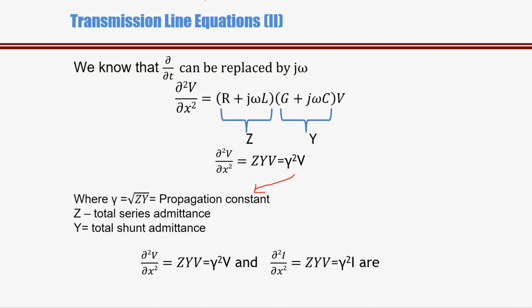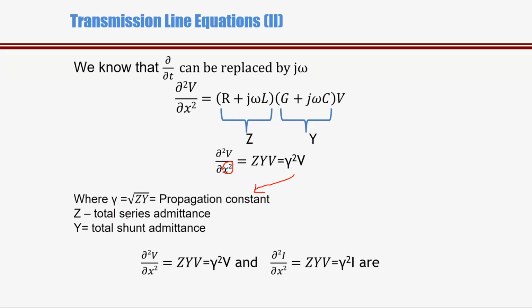Because the voltage has propagated from the sending end up to the receiving end, its value has changed, or it may change at a particular distance. At any particular distance you will get different values other than the sending end, other than its original value. The value will change, and that value will depend upon the distance x. So under square root z y is nothing but gamma, and gamma is called the propagation constant,